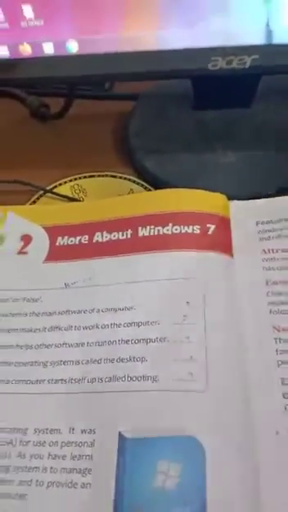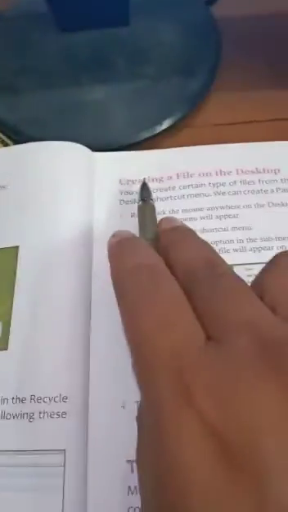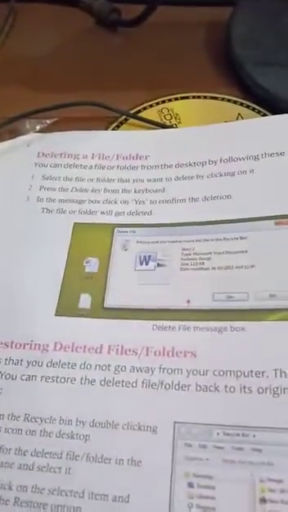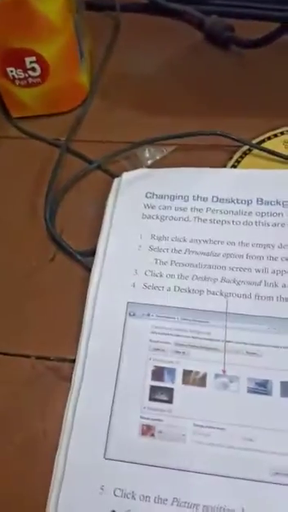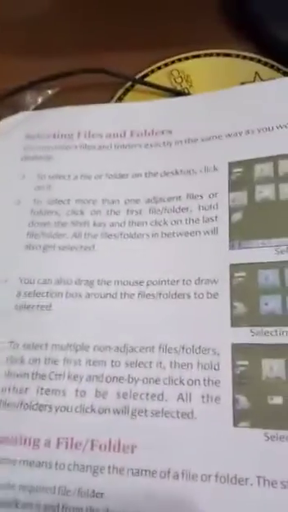This is my new video class 4th computer, chapter 2, more about Windows 7. Today's topic is deleting a file folder, restoring deleted file folders, and creating a file on the desktop. In my earlier videos I already told you how to move a file, change the desktop background, set the screensaver, create, open, save, copy and move files and folders, rename a folder, and select file folders.